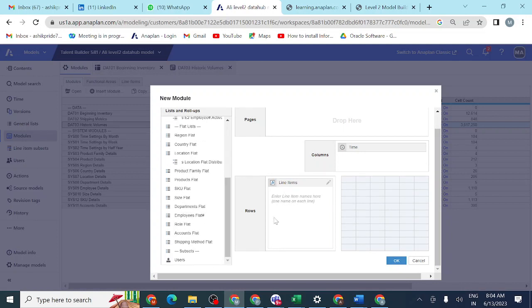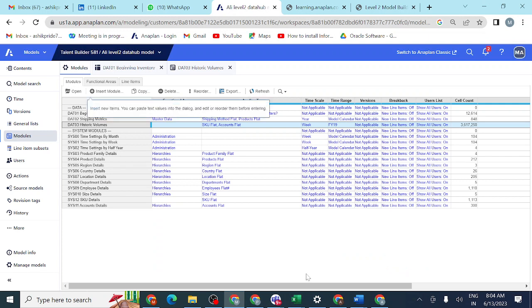We just removed this time and used our time range. I did drag and drop. Yes, this is the way. So we have inserted this financial year 2019 time range here. You can see, instead of this model calendar, we have used financial year 2019 here. That is the difference in how it looks.